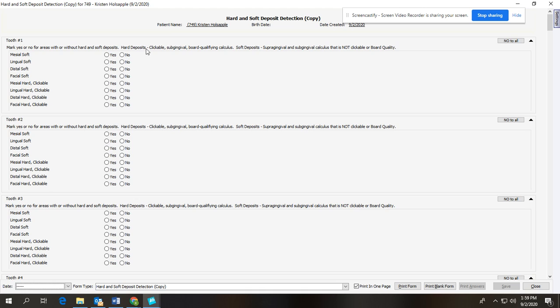So if it's hard deposit, remember that's red. If it's a soft deposit, that's green. The hard deposit is clickable. The soft deposit is not clickable. So mesial soft, yes. Lingual soft, no, there just wasn't anything. Distal soft, no. Facial soft, no. Mesial hard, yep. Yes, yes, yes. So the student is then going to go through each of these, fill it all out,